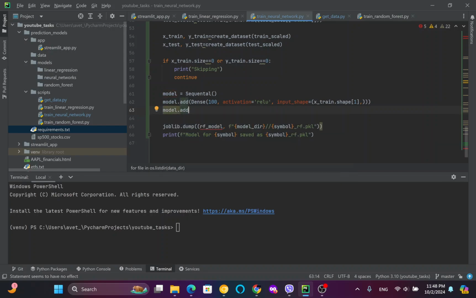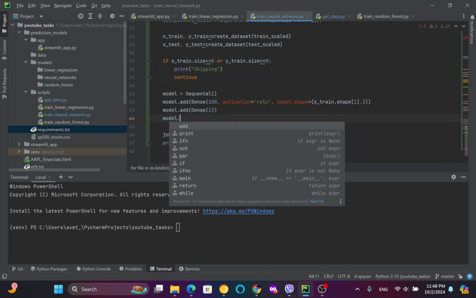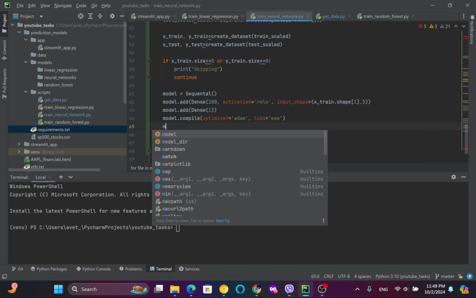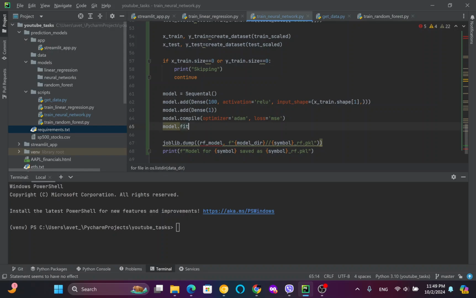Model add Dense 1, model compile, optimizer equals to Adam, loss equals to MSE, model fit xtrain, ytrain, epochs equals to 10, batch size equals to 32,